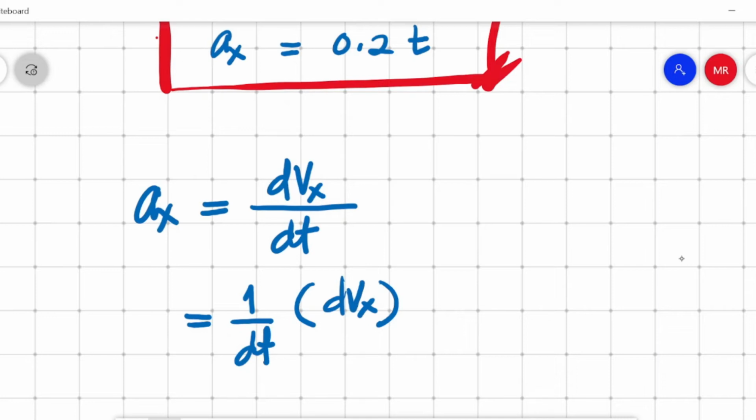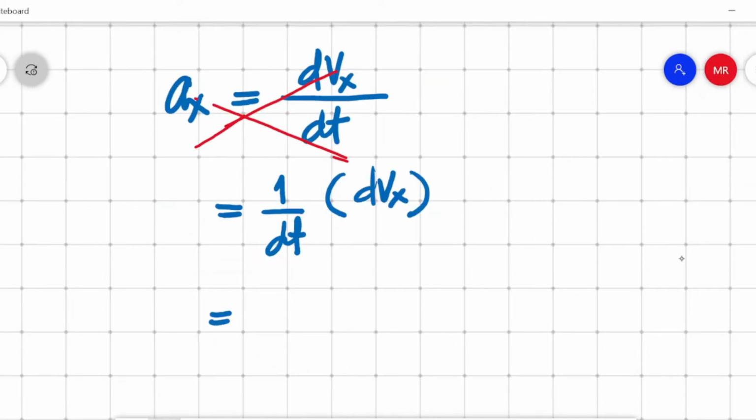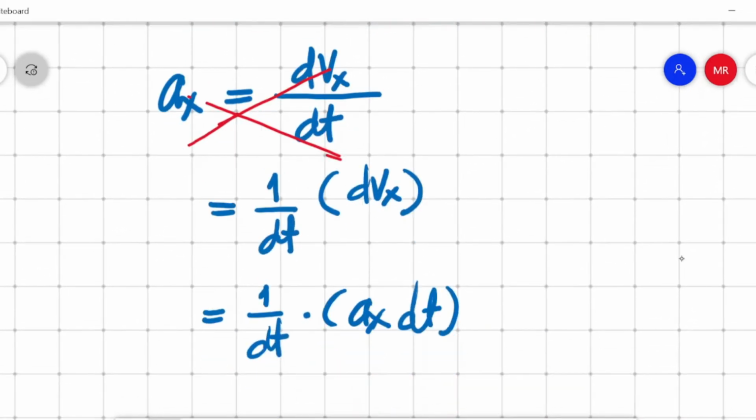Just cross multiplying this equation for our acceleration, we will see that dvx is also equal to ax dt. So we will have this 1 over dt, then we have ax dt. Now how can we get now, because we have the acceleration function, but ax dt is dvx, therefore this is